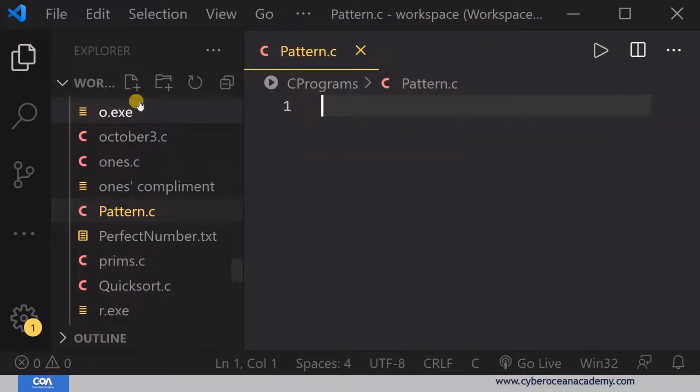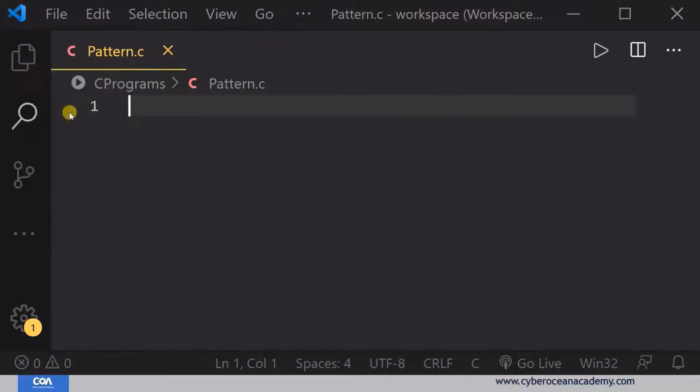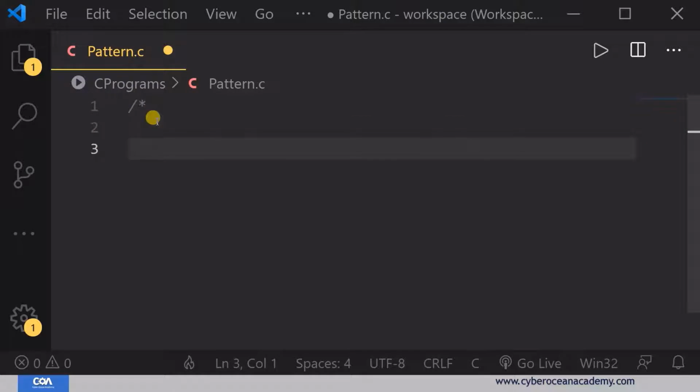In the last video you learned about one kind of pattern. Now I'm going to write the last pattern again.